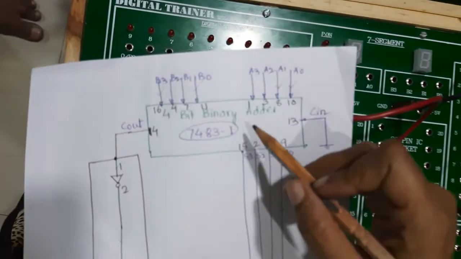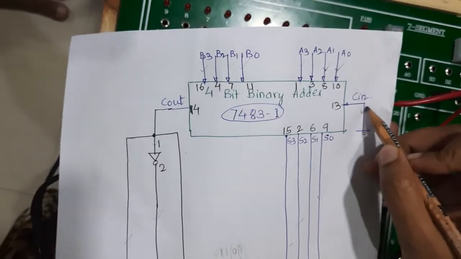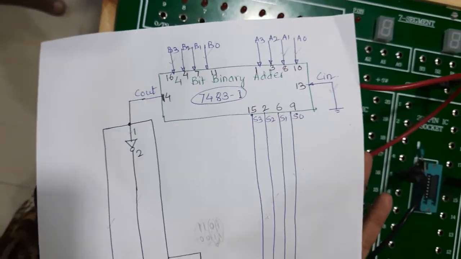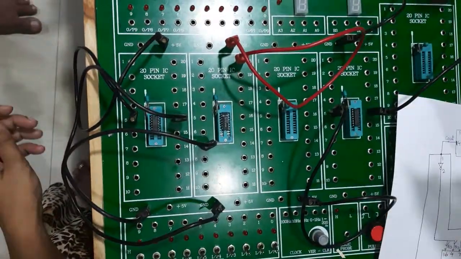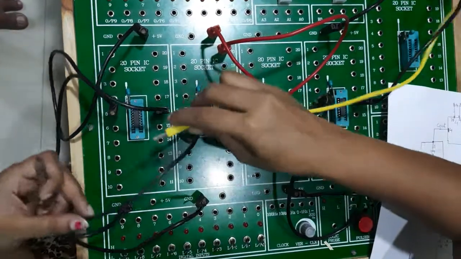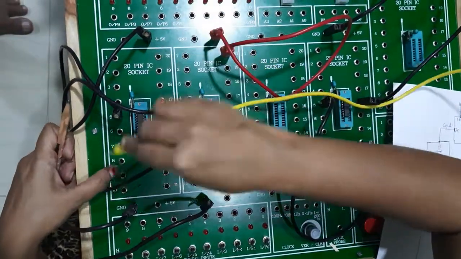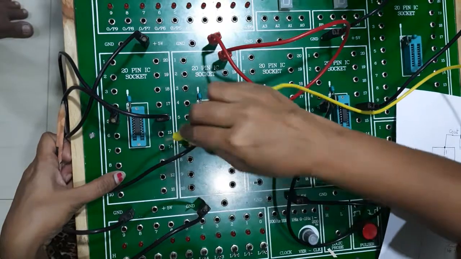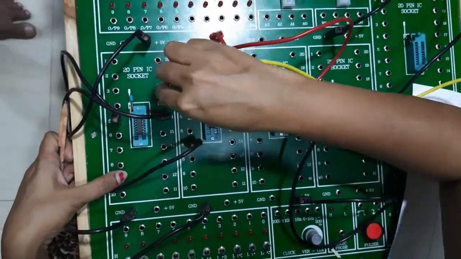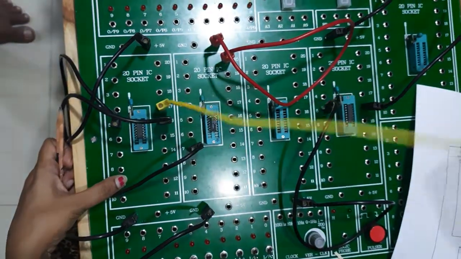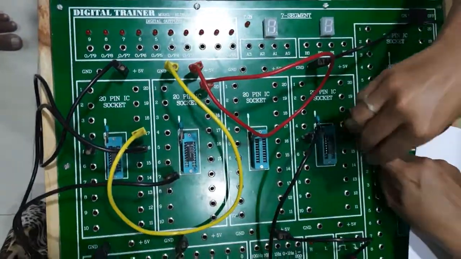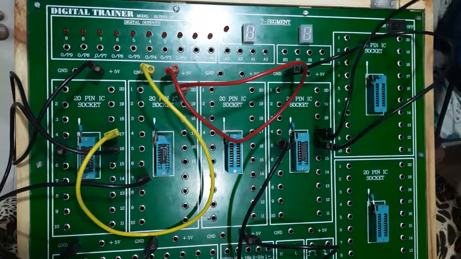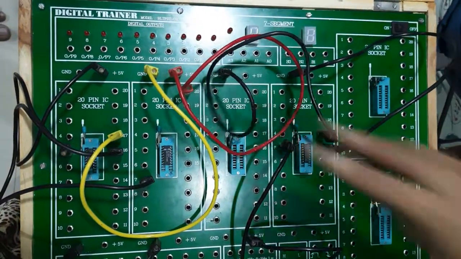Okay. So the next thing we'll do is, for both the binary adders, I will connect the 13th pins to Cin, that is ground. Okay, we will not be using carry over here. So for this 7483, this is 8, 9, 10, 11, 12 and 13 is to be connected to ground. Again for this, the 13th pin is to be connected to ground. Okay.